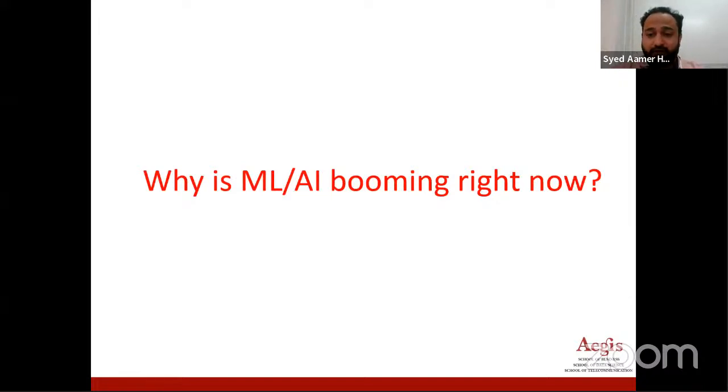So, Arthur Samuel, who invented machine learning back in 1959, knew about these terms, but at the same time, he knew that if you want to get a machine learning model with very nice accuracy, you need a very, very large data set.